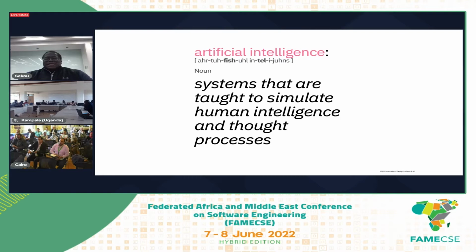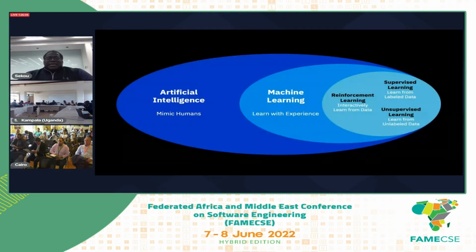This is not to overstate it, but we are modest around the definition of what it means to simulate human intelligence. AI is often conflated with machine learning, but they are really not interchangeable. ML is an element of AI, and I can show this a little more on the next slide. There's an element of learning from experience as one way to mimic human capability. We can talk about reasoning, we can talk about planning, and those are two examples of other types of AI techniques. ML is just one.